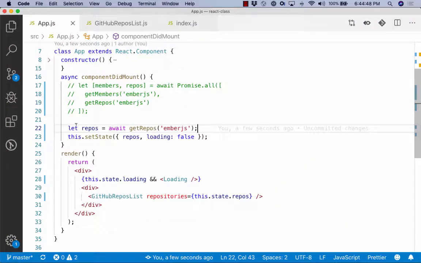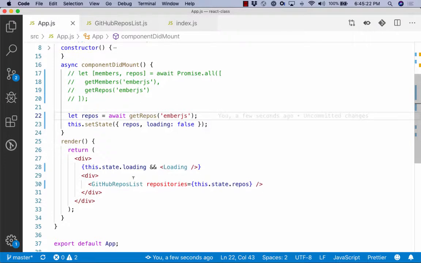Okay, so let's go ahead and start doing user events. This is pretty much, as of now, read only. We're just fetching data and rendering it, but there are no clicks or form submits or mouse overs, any of that stuff. So what does that look like? Going back to first week, if you remember the example, we had the page and 2 buttons at the top, one for members and one for repos, and if you clicked on members, it showed members, and if you clicked on repos, it showed repos. So let's simulate that so we can get a feel for how we do click handlers. So I'm going to go back to app.js,